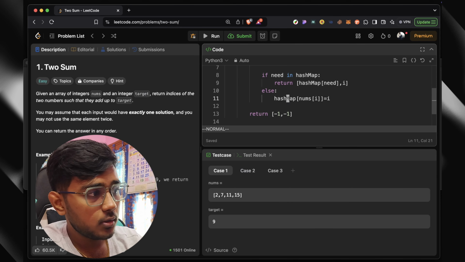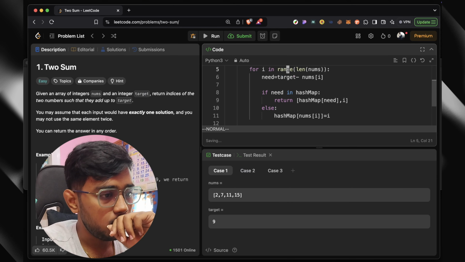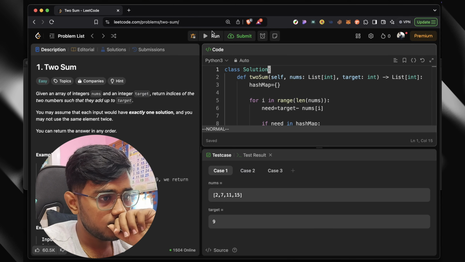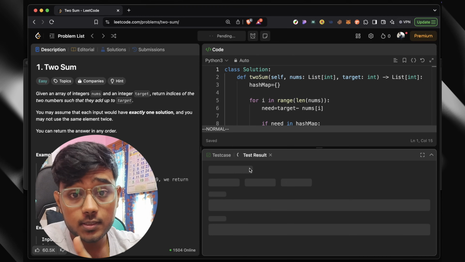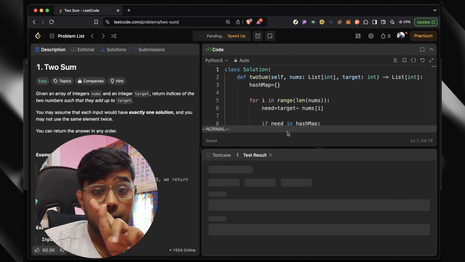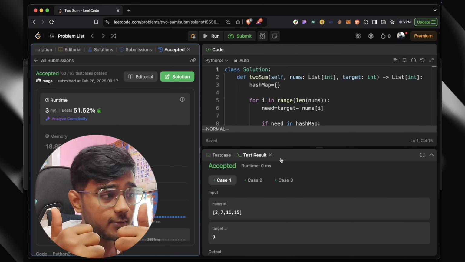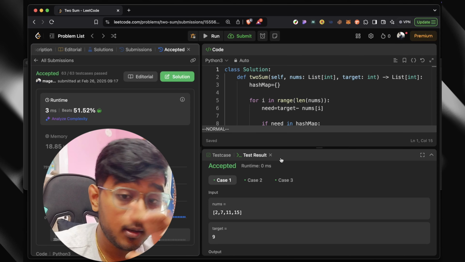Now let's run this. Yeah, it passed all the test cases. Now let's submit it. Yeah, it successfully got submitted. And that's it